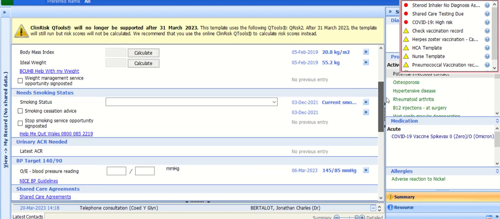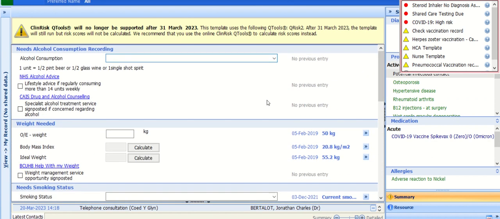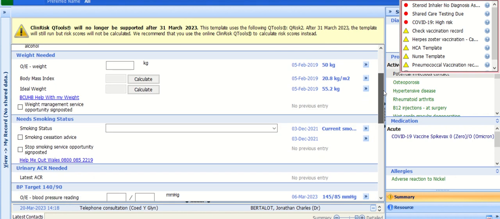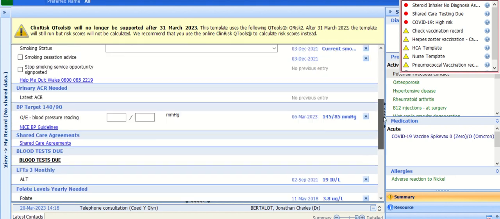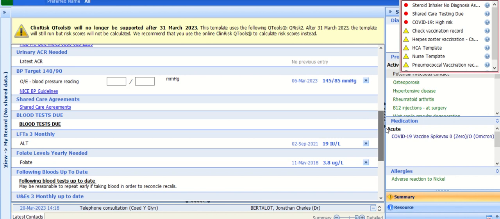It also pulls together processes related to chronic disease and QOF. So for example, for this patient this year, there's an emphasis on unhealthy lifestyles, making sure that we monitor those or at least record those in our chronic disease patients, and also code if we have signposted treatments or referred them. And we can see that this patient needs their alcohol, weight and smoking status. They also need their ACR,